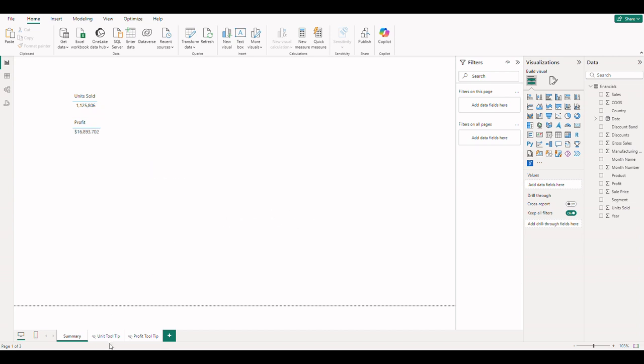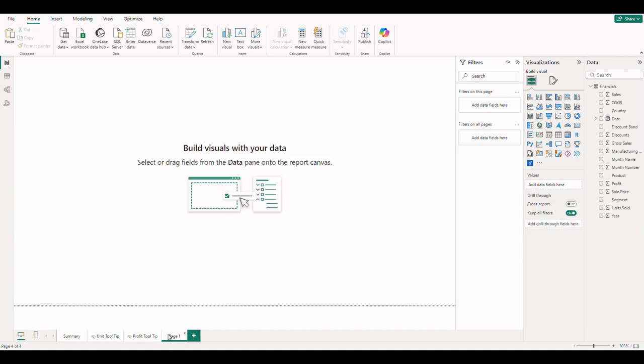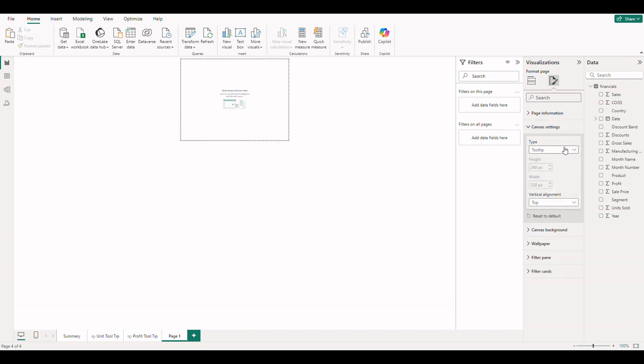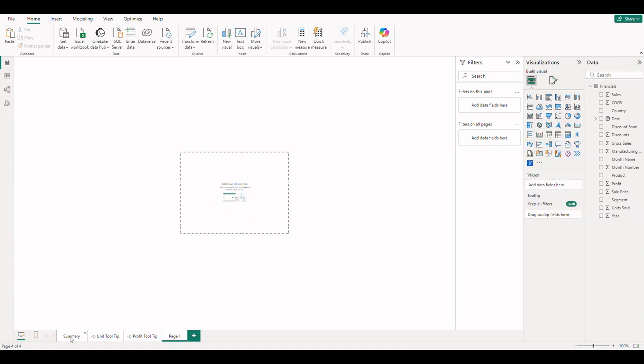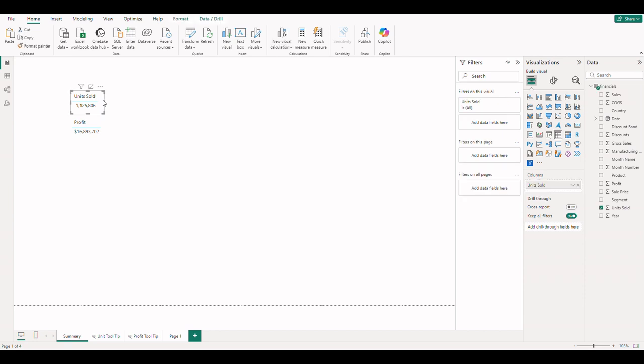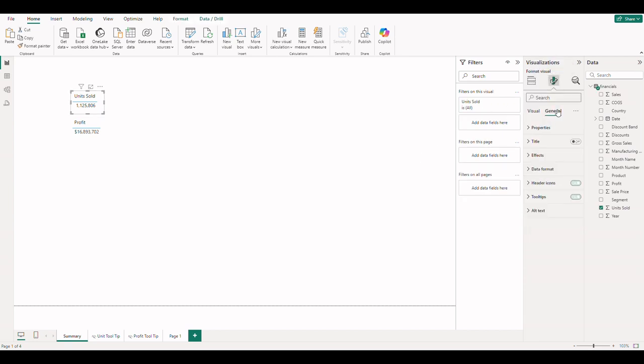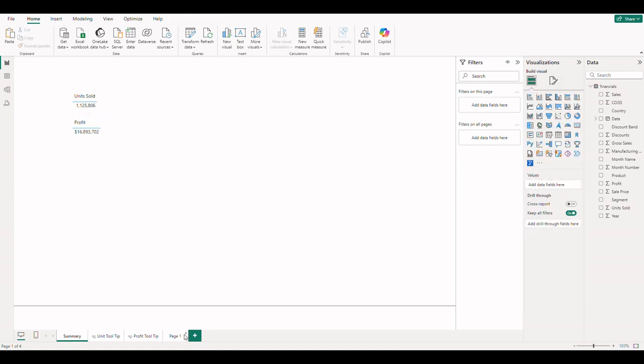So just to recap, create a new page, go to visualizations, canvas settings, select tooltip, middle, add your visualization into there. On your other page, go to general, switch tooltips on, report page, and then the page that you want to show as the tooltip. And that's about it for that. So that's how to create visualizations as tooltips for different